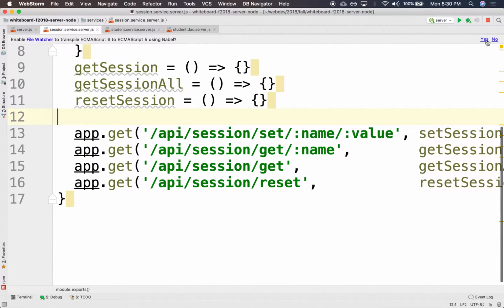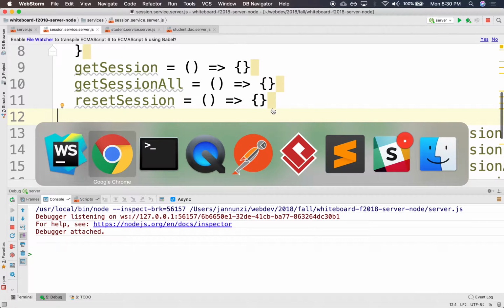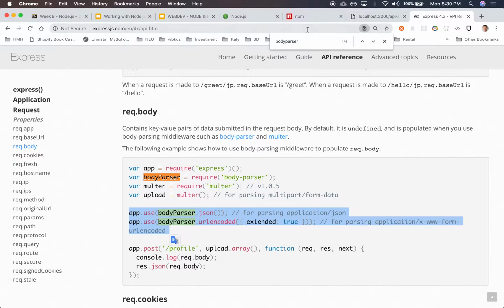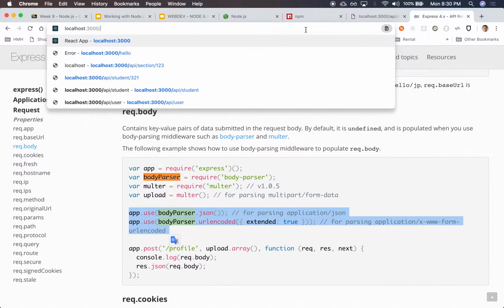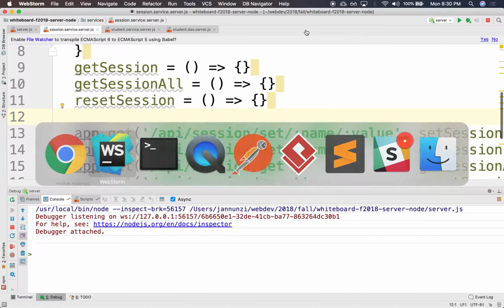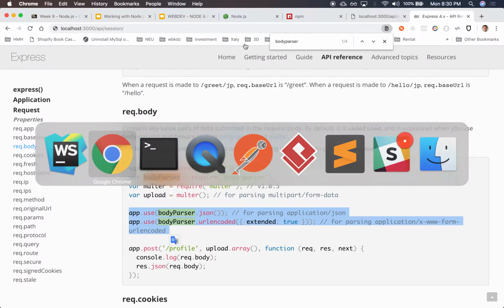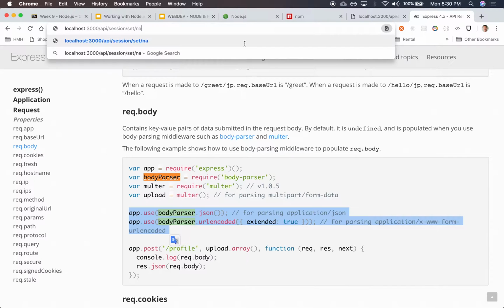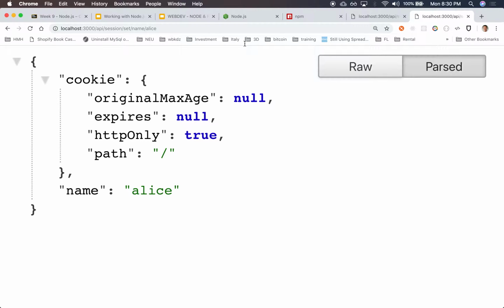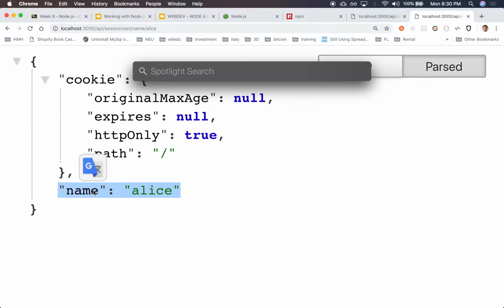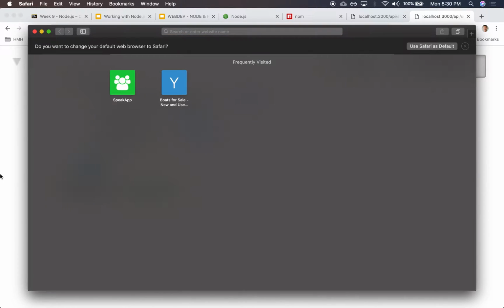All right, so let's restart, and let's try it out. We'll say localhost 3000, and what is it? I forget the URL. API/session. We're going to set. The name will be Alice. There it is. So notice it returns the entire session object. And for this particular session, the name I just added there, it's Alice. Now, if I do this in Safari, and I use exactly the same